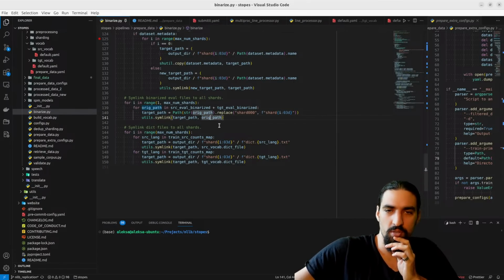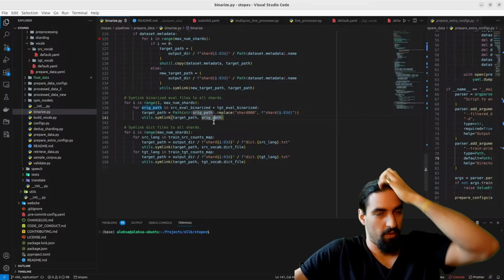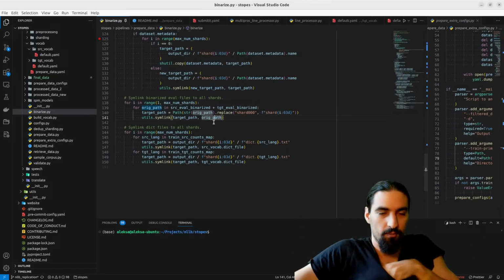All of those should be symlinked to the original path. Oh my god, why is this not working immediately?